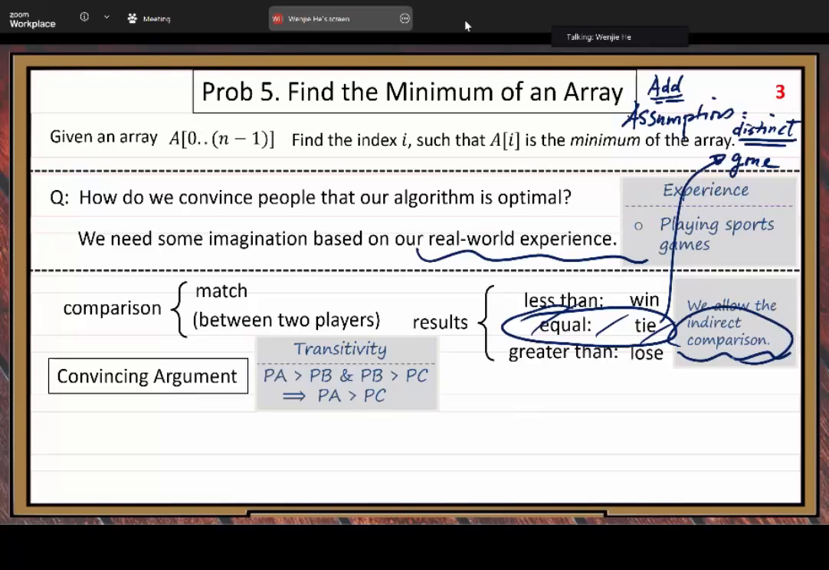So that's the special phenomenon we need to use in our understanding. Okay? Now we are ready to make our final convincing arguments. After all the preparations here, now we are ready for our final convincing arguments. All right. Now,